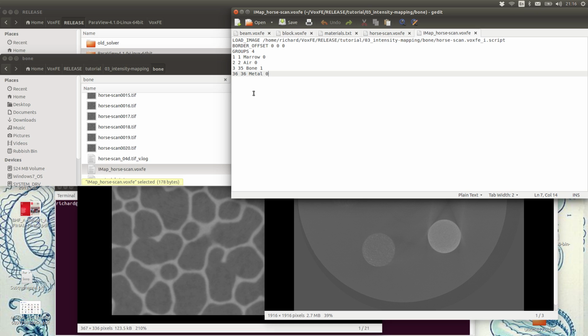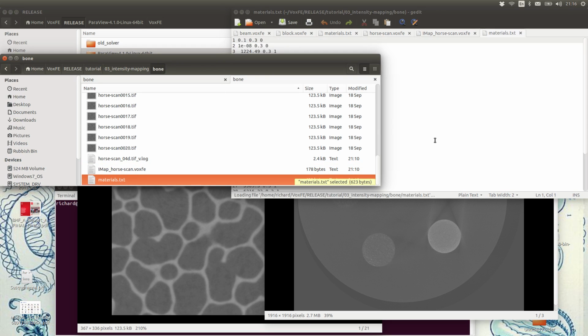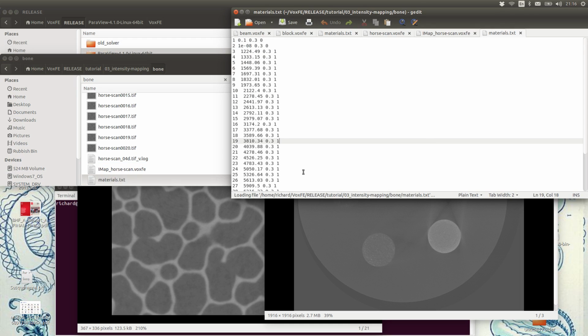And then the last group was 36 to 36, and only bone here has this capability of being remodeled, which would more or less be the default in any kind of normal situation. And if we have a look at the materials file that got generated from that, then we should see that reflects these groups. So 1 was this marrow material that we declared, 2 is this very low modulus air material, and then we have all these